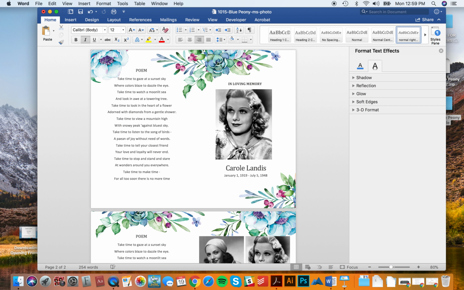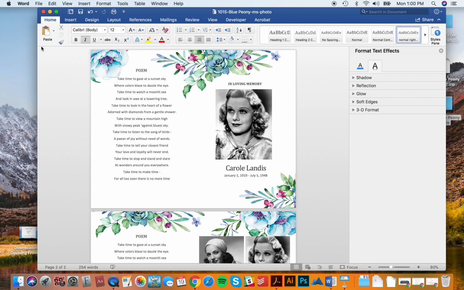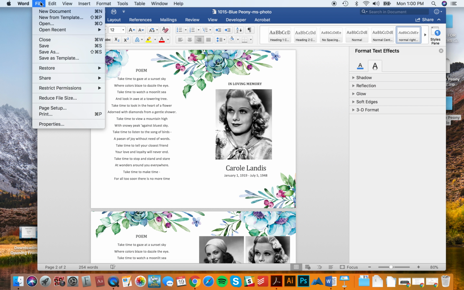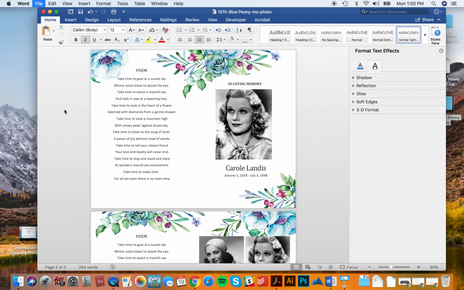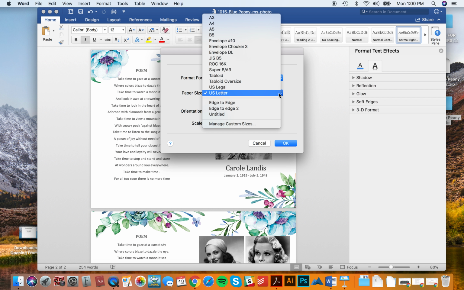So those are the basics. Let's say that everything is exactly how you want it here. Now it's time to print. So first I would save it. Then I would say page setup. And you want,